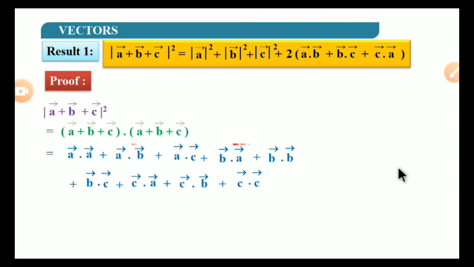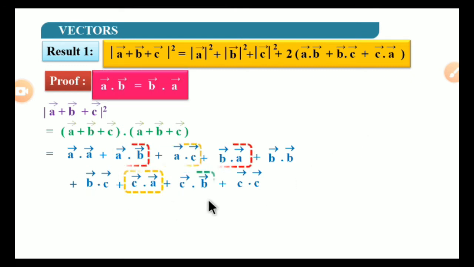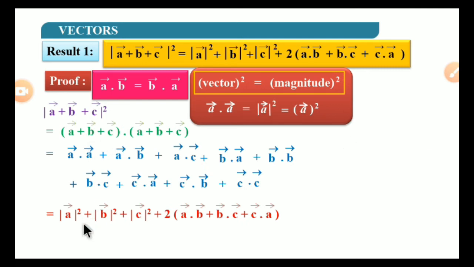see here both are equal, and similarly these both are equal here, and similarly these two are equal. So that in the next step we will be writing magnitude of a square, because by using this identity, and similarly b dot b means that is magnitude of b square plus c dot c means magnitude of c square, and here these two are equal terms, so that we can take two common. So in the remaining part within the bracket a dot b plus b dot c plus c dot a, so that it is here the identity has proved, or result 1 is proved.